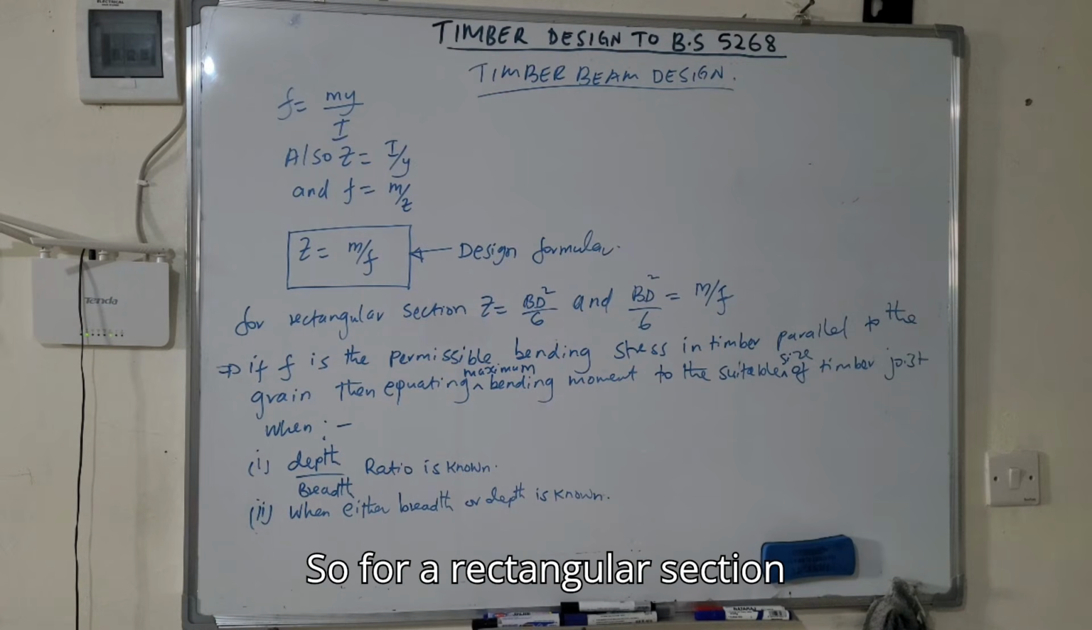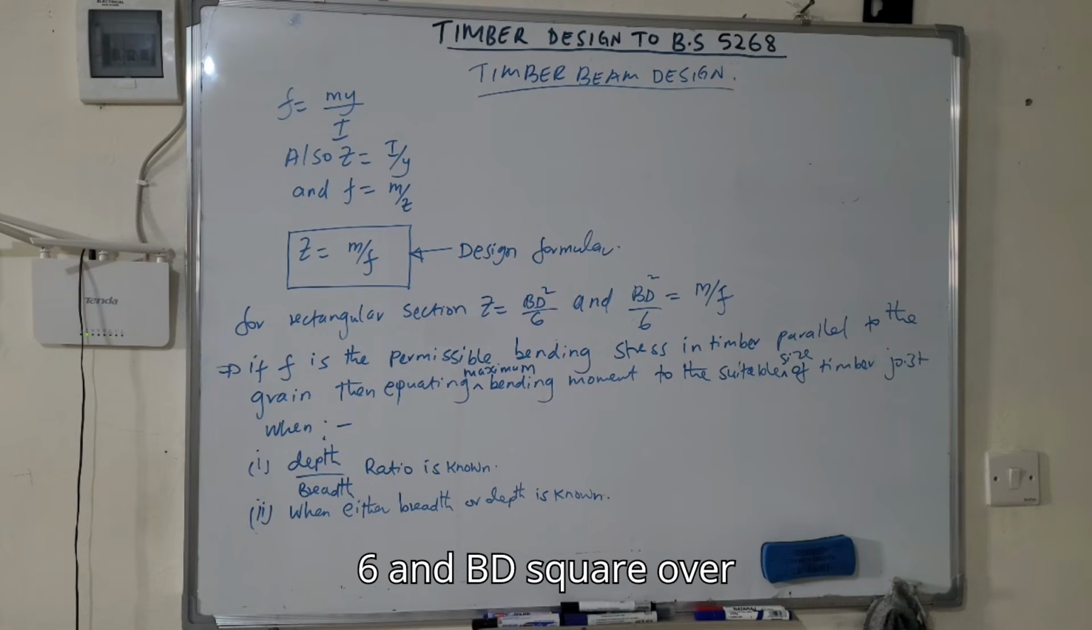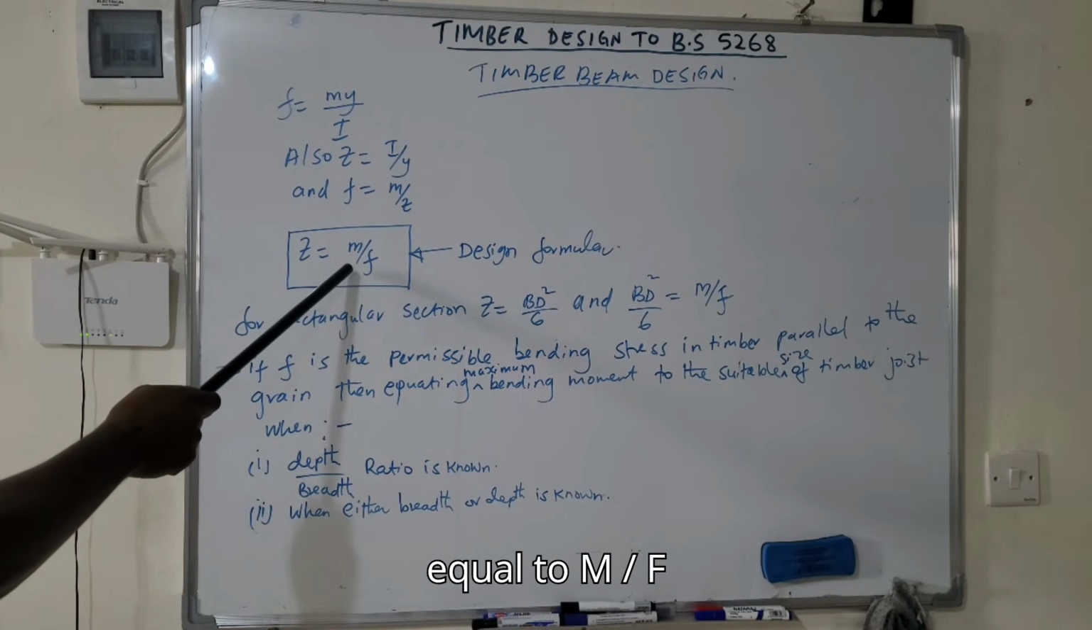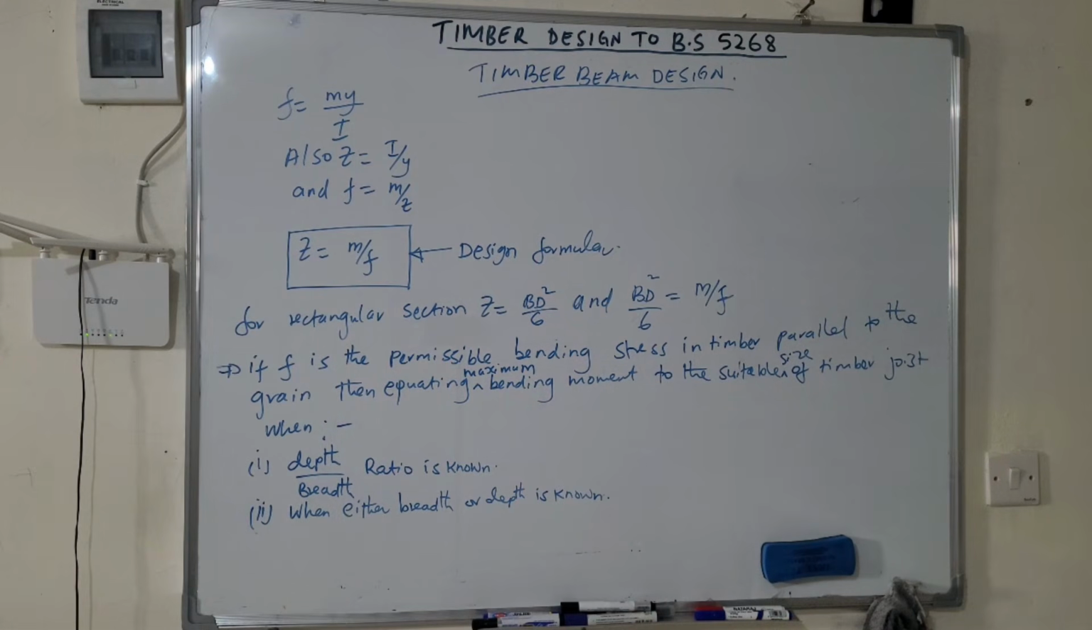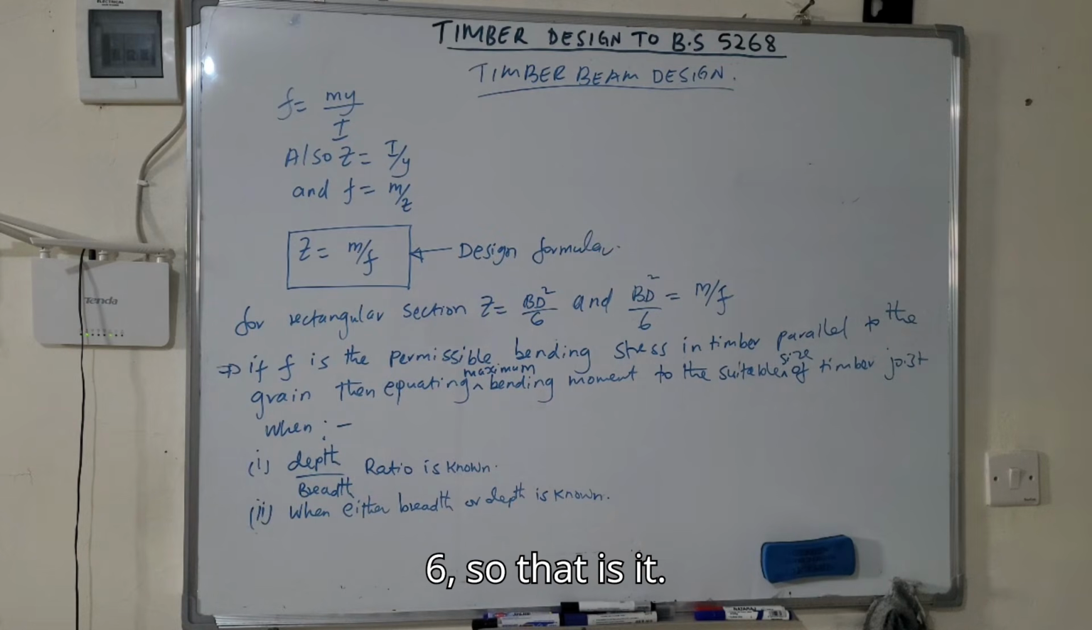So for a rectangular section, Z is equal to BD square over 6. And BD square over 6 is equal to M over F. As we have seen, Z is equal to M over F. But Z is equal to BD square over 6. So that is it. So if F is the permissible bending stress in timber parallel to the grain, then equating